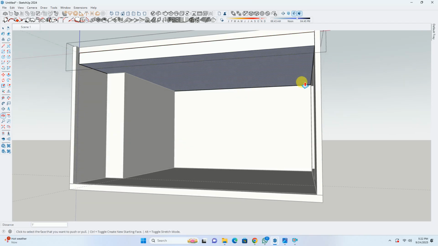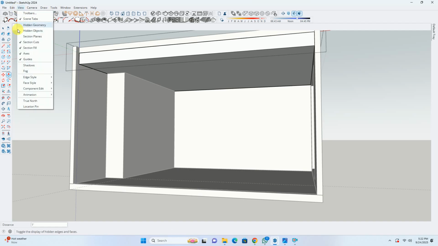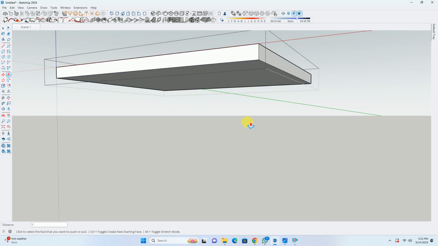So we want to reduce the width of this false ceiling to 8 inches. For that, I can use this edit tool option, component edit, and click on hide rest of the model so that other elements become invisible. Now we'll apply push pull and we'll create a depth of 8 inches over here.